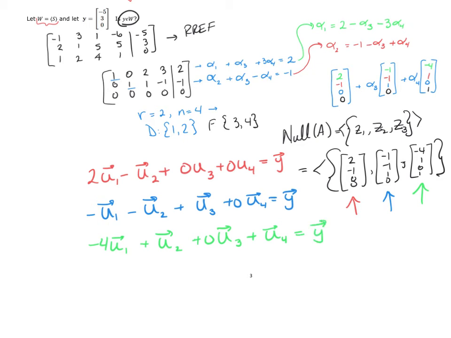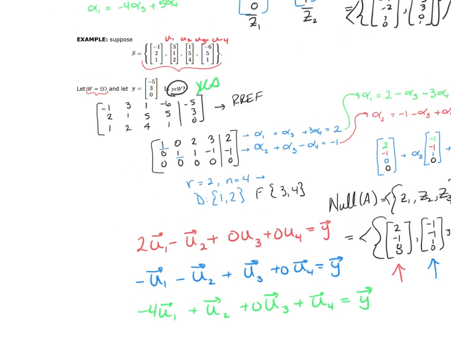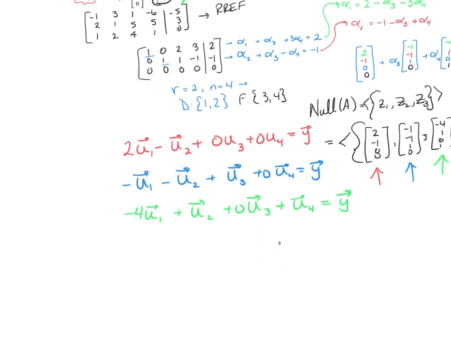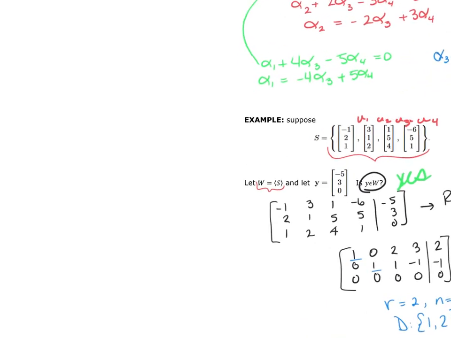So there are 3 different ways, 3 different linear combinations that I can get by using my vectors U1, U2, U3, U4 to get to y. So to answer the question, is this in there? And the answer is yes, and there are 3 ways to get there. Now, let's take a look at the fact that I have these vectors, and I'm just going to rewrite these